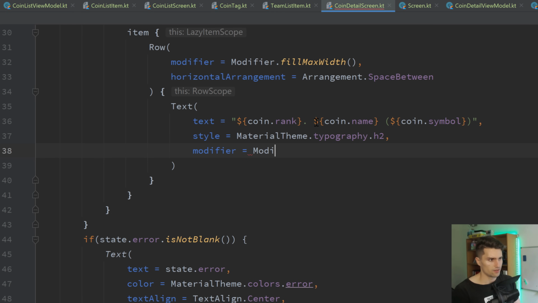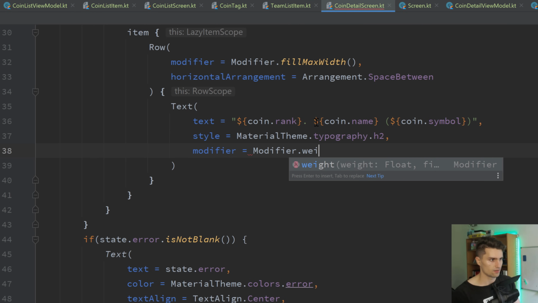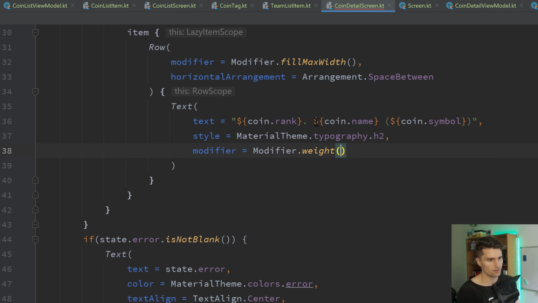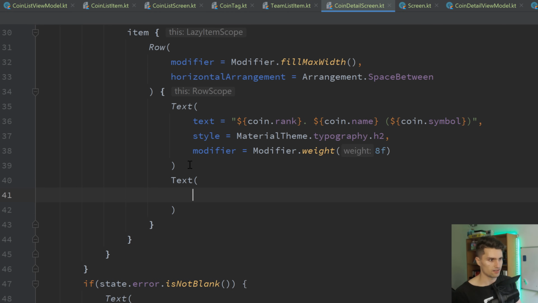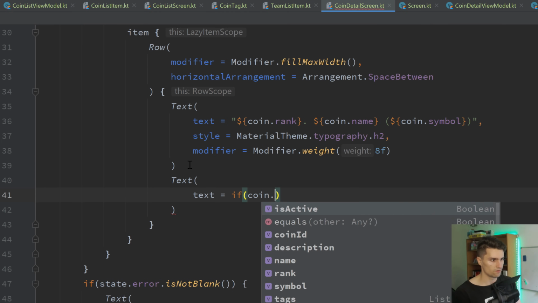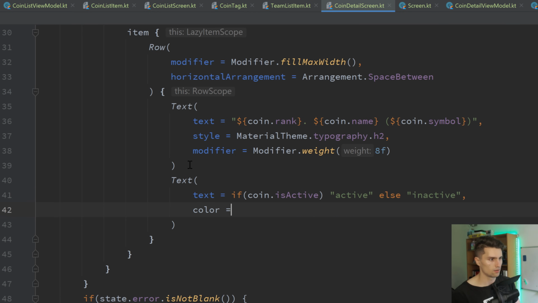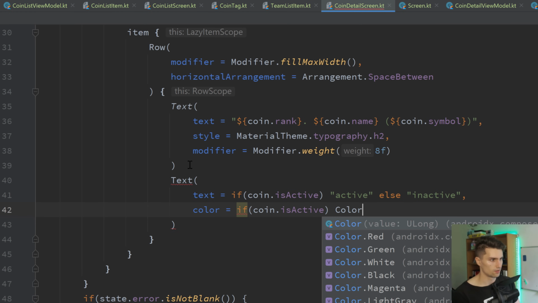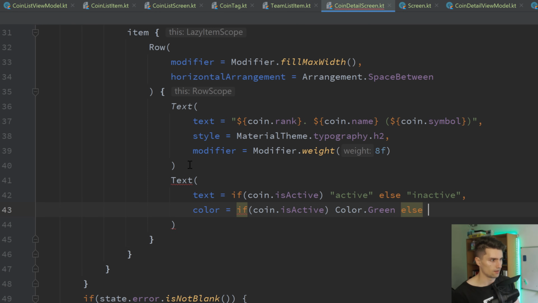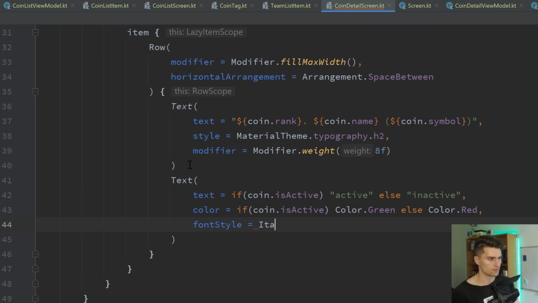I'll attach a modifier, actually a weight, so this won't really overlap our active text, and the weight will be 0.8f. Then let's have the active text, which is, if coin is active, it says active, and else inactive. Color: if coin is active, Color.Green, else Color.Red, font style italic again,